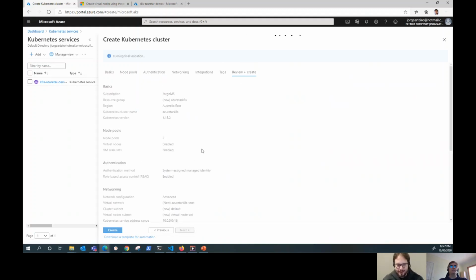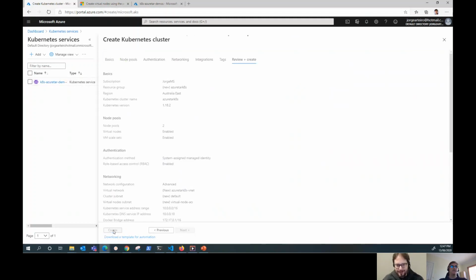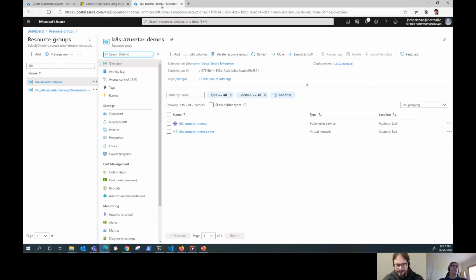And you go for cluster creation. They're going to do a final validation. We can leave creating here and go for a cluster that I've created before. Okay, passed validation. I go and say, hit create. In the meantime, what we can do is go for the cluster that I have created, called Kubernetes Azure